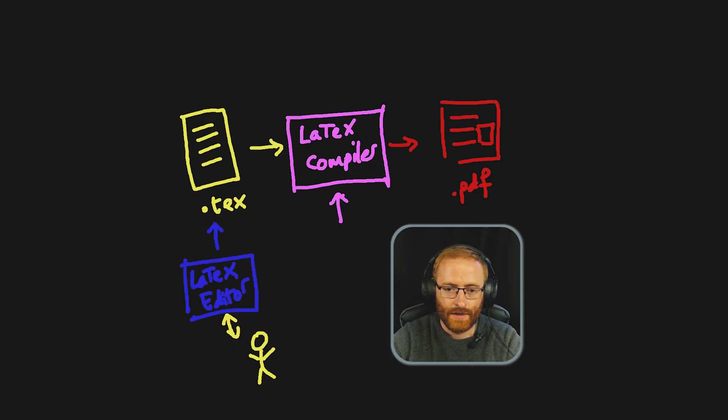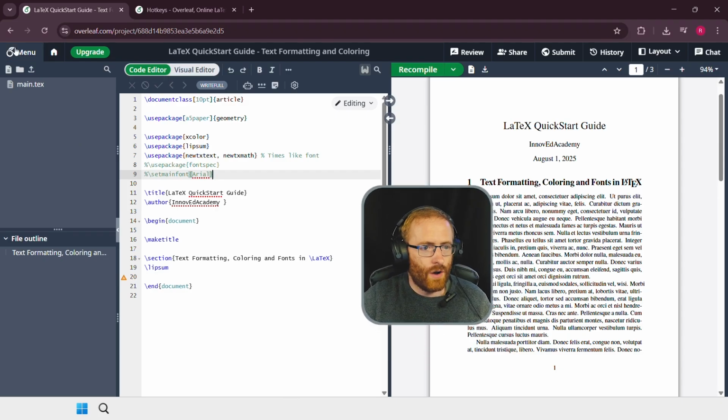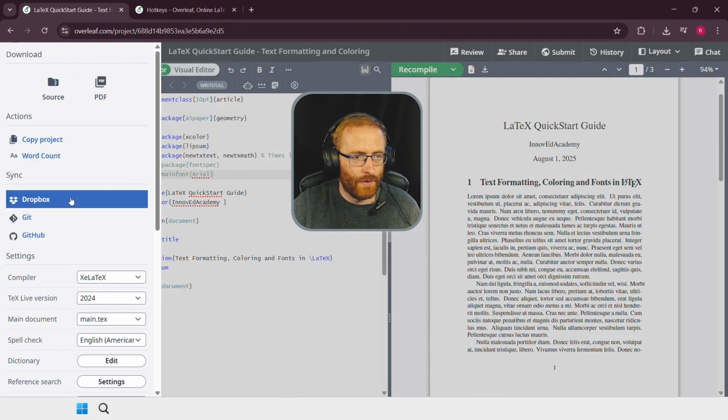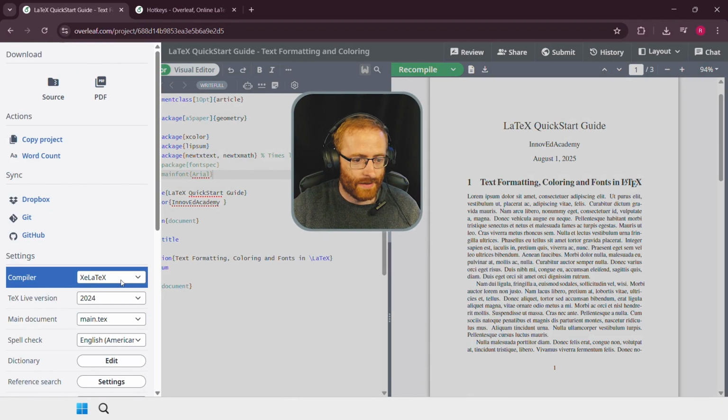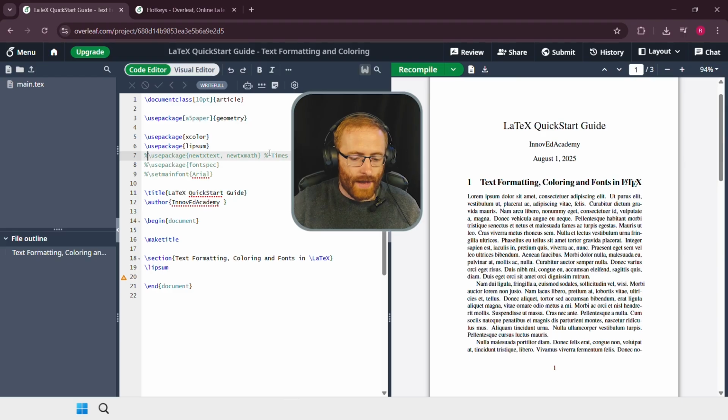But this part here is the compiler, and there's a couple of different LaTeX compilers you can choose from, and some have more font support than others. So in Overleaf, if I come to menu, and then I come down here to settings, and you see compiler, you can actually choose from several different compilers. So normally this is set to PDF LaTeX, but if you switch to XeLaTeX,